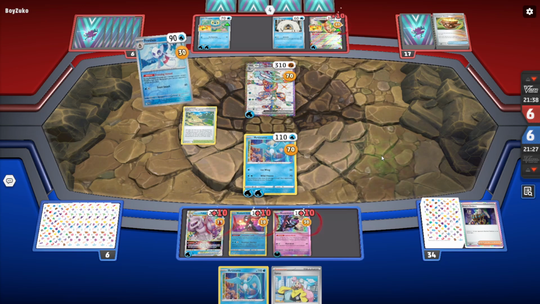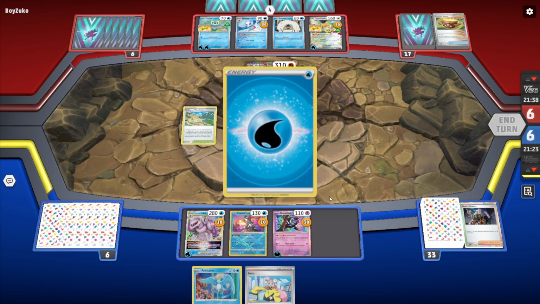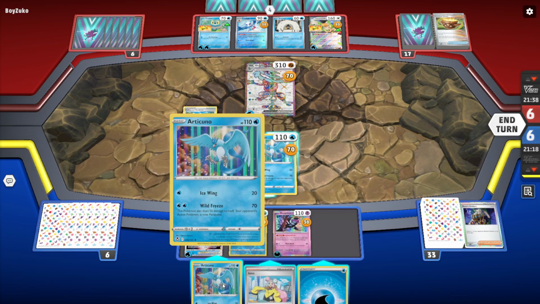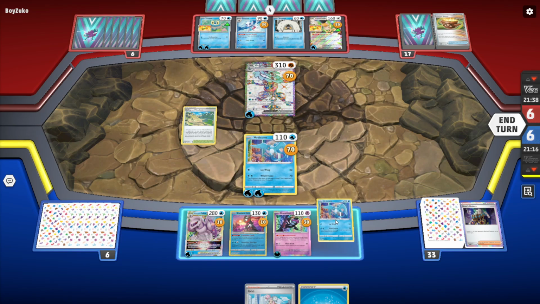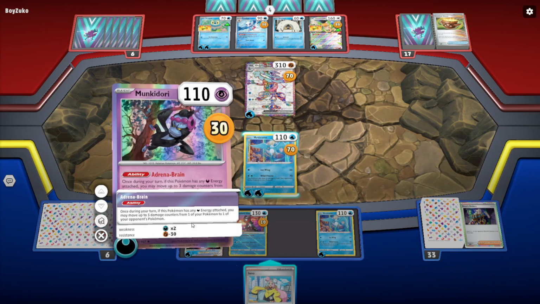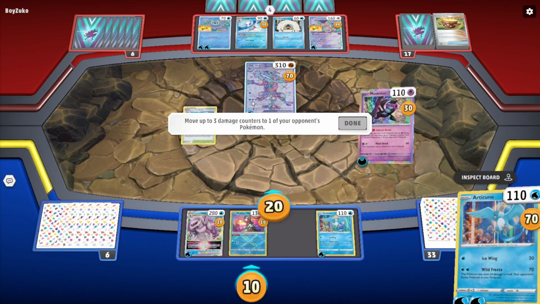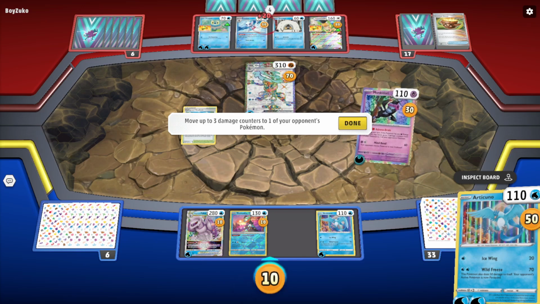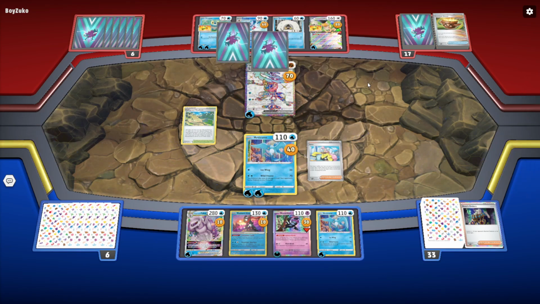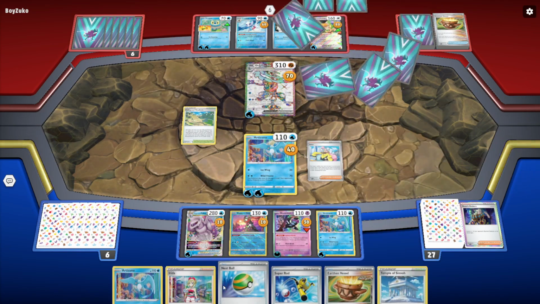There's a Frozen Shard, which again doesn't really matter. We get the water energy, which honestly at this point I'm gonna start powering up a new Articuno. We will Brain to take 30 damage off. Then we'll Iono, and if we find a Stadium card to remove the Collapse, that's fantastic, which, cool, we were